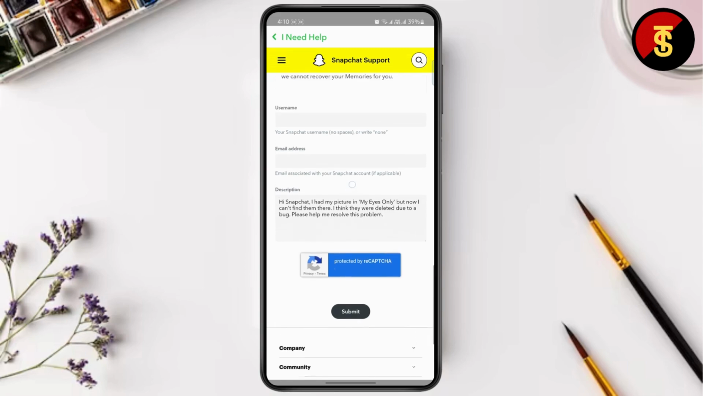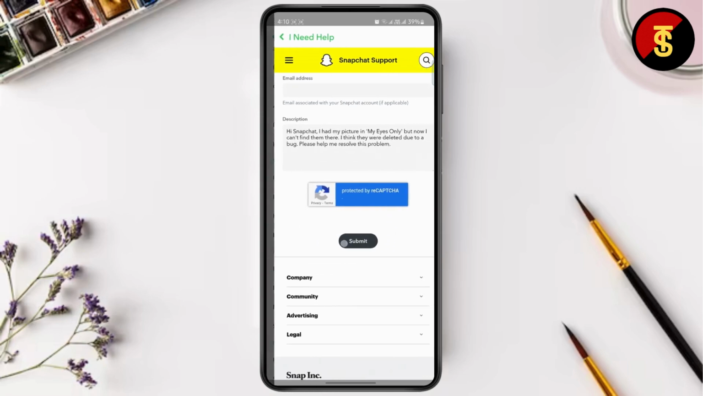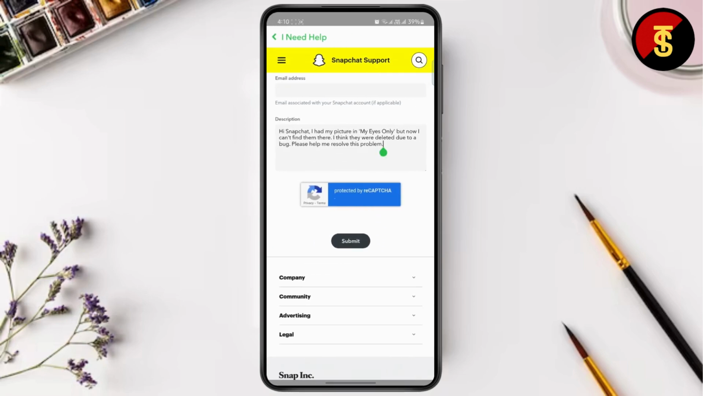And now, after you have entered your username and email address and your description, just tap on submit, and Snapchat support team will get your message, and hopefully they will get back to you in a few days, bringing a solution to your problem. And that's how you can recover deleted photos on